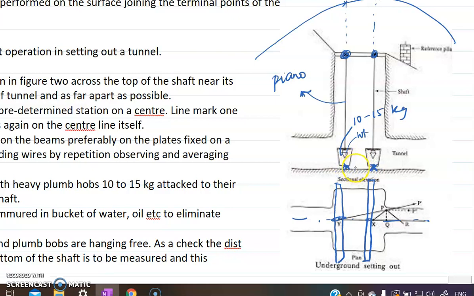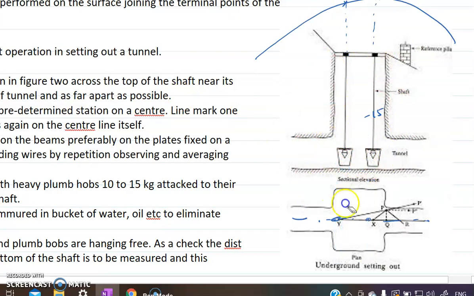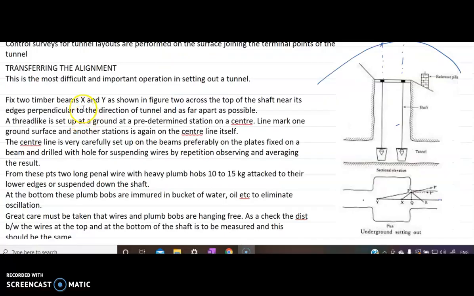That is called centering, how you center your instrumentation. Similarly, these points will be centered down. You draw these figures, however you want, and save this. This is there in most of your books. Now, transferring the alignment underground is the most important and the most difficult of the setting out operations in the case of a tunnel.